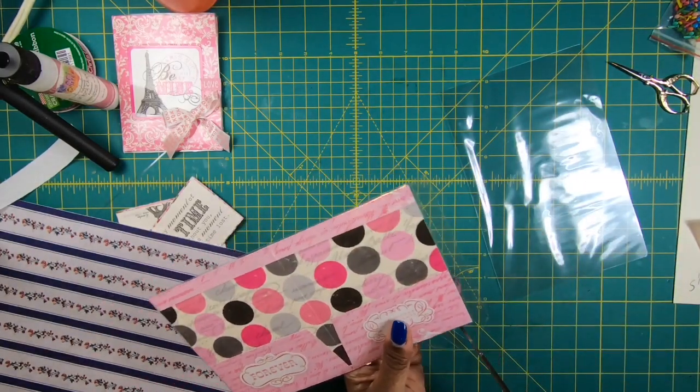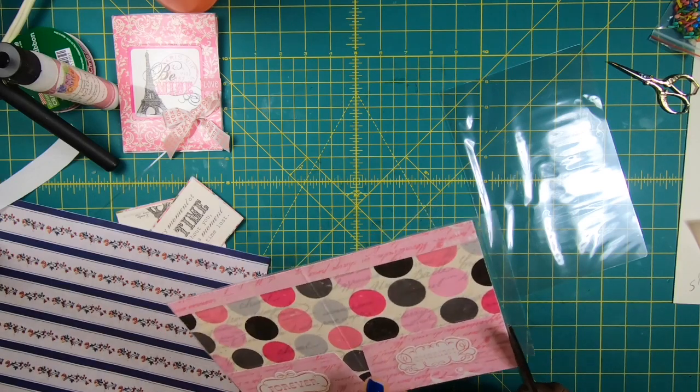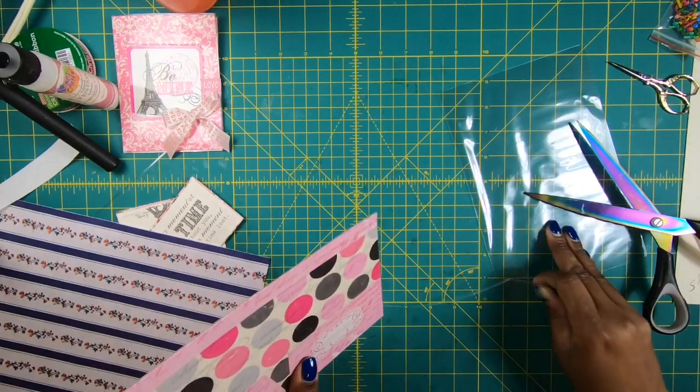I could do this with my trimmer, but I just feel like I have more control over where I'm cutting if I do it where I'm holding it and I can actually see it. Okay, so